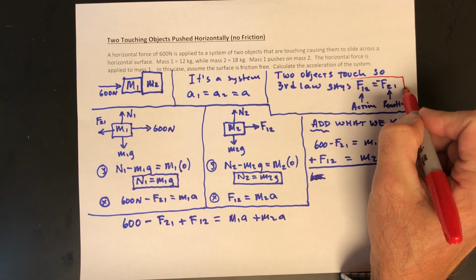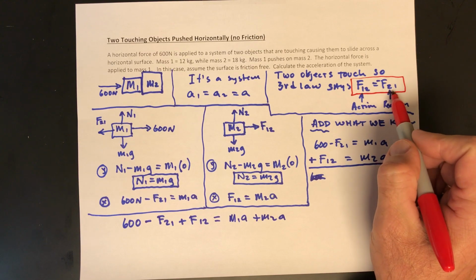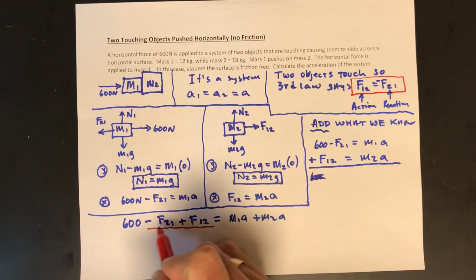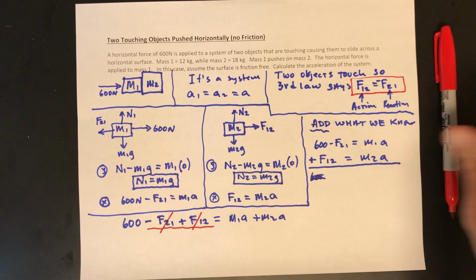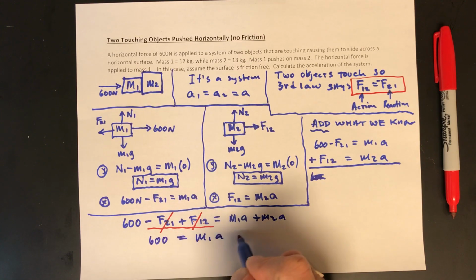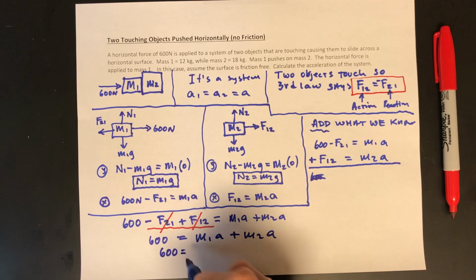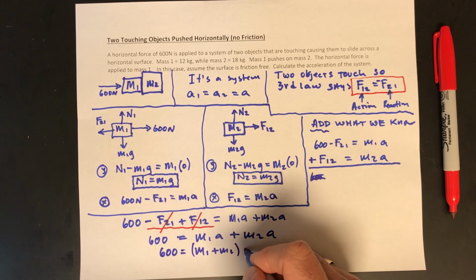We made this statement here that says F12 is equal to negative F21, which means that we can cancel these two. They're equal to one another. So we're left with 600 is equal to M1A plus M2A, and we can simplify that further. 600 is equal to M1 plus M2 times A,